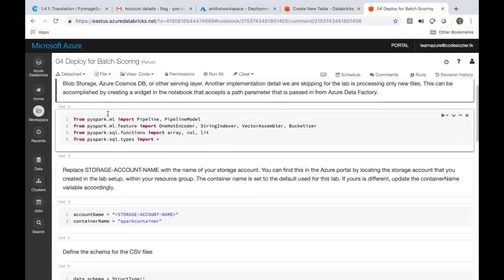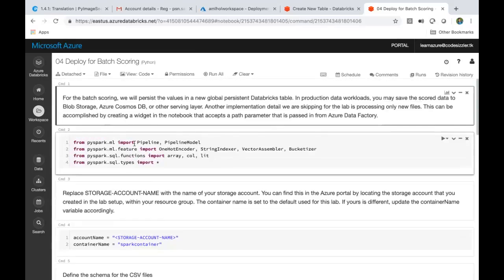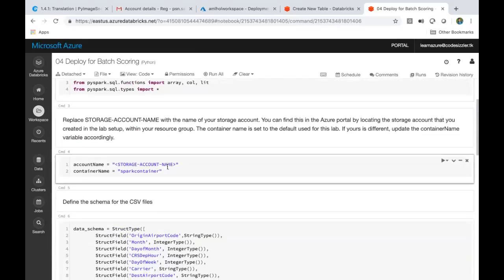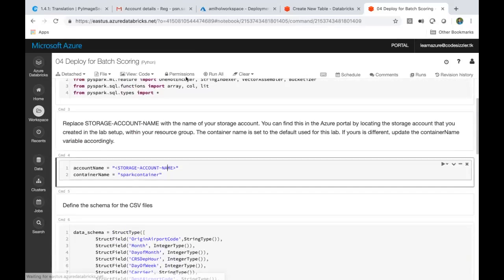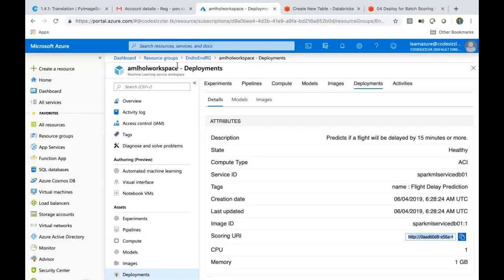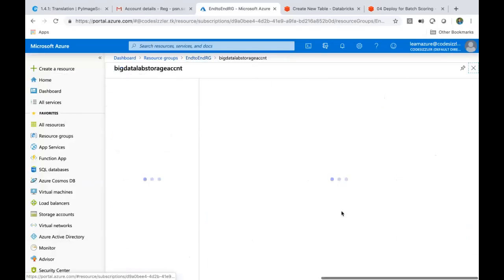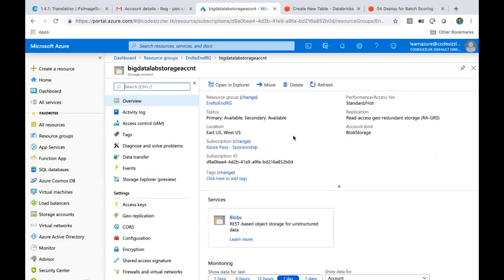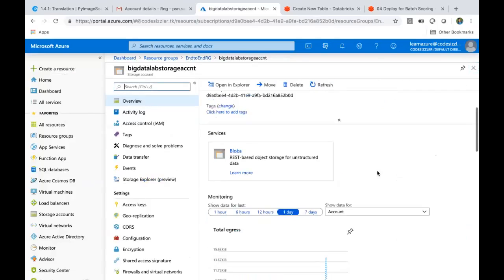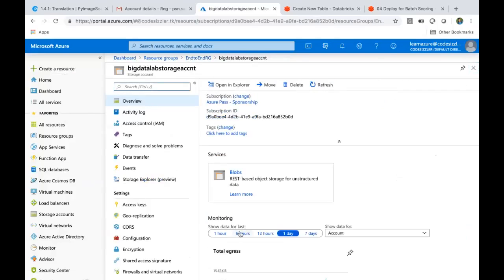Now, see, we have done a lot of things, right? We have done a lot of changes and processes and everything. So now I want to map with my location where I placed it. That is nothing but my file, where it is placed. It is placed inside my blob container, right? I'll go to my location here.